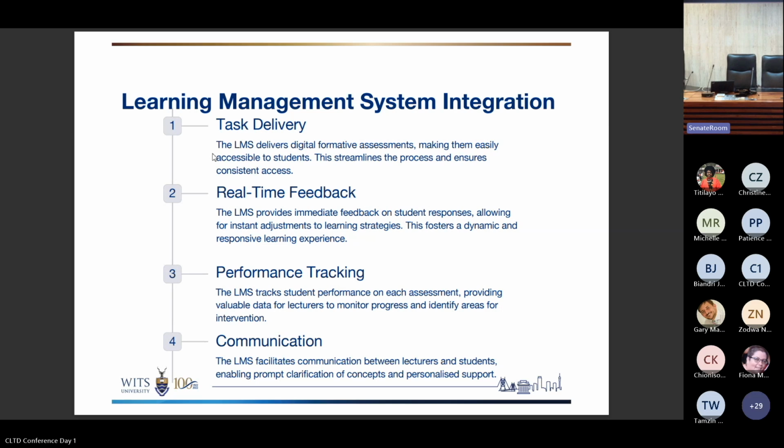Obviously, there's real-time feedback. The benefit of being on the LMS, the reason why this digitization of the formative assessment is useful, is because that real-time feedback is there, right? I may not be directly giving the students the feedback in real time, but I've incorporated my feedback in the construction of that question, and so they're getting that in real time as they're doing the question. I can then also track their performance, how much time they're spending on the task, when they are doing the task,